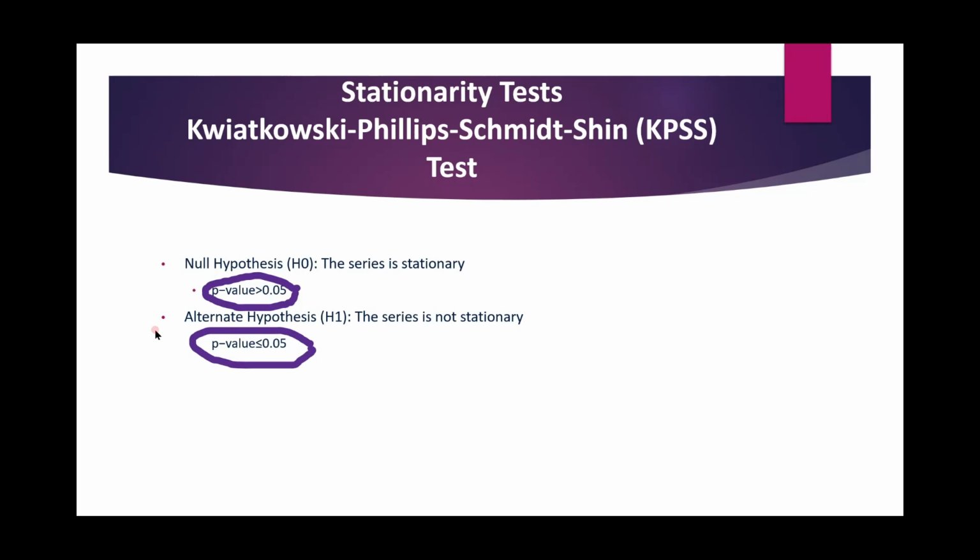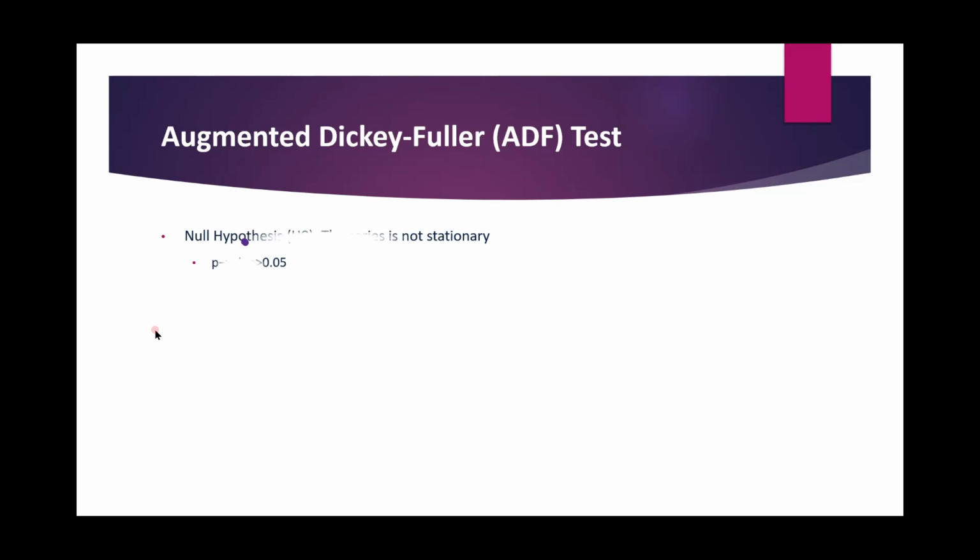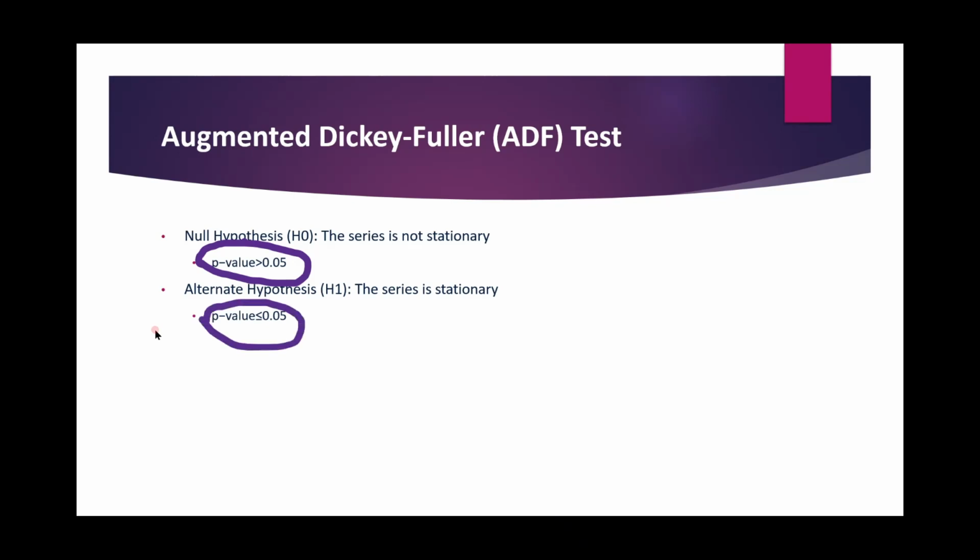So let's move to the next test method, the augmented Dickey-Fuller test. Here you can see the series is not stationary if your p-value is greater than 0.05, and if it is less than or equal to 0.05, then the series is stationary. It is not following the same concept as the KPSS test. It is vice versa to the KPSS test. I hope it's clear now. So let's